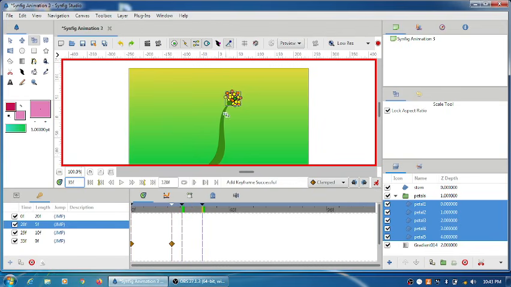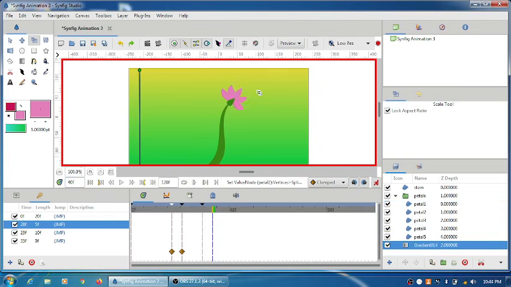Add a keyframe, slightly more, and now keyframe number 40. The complete grow. Right. Let's go back to the 0th frame and play the motion, right?